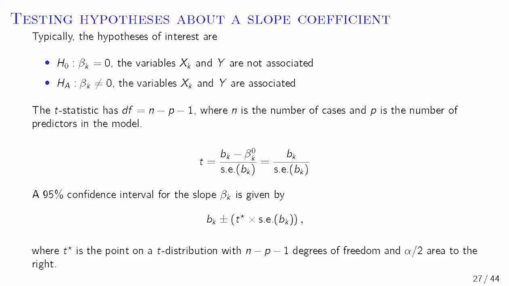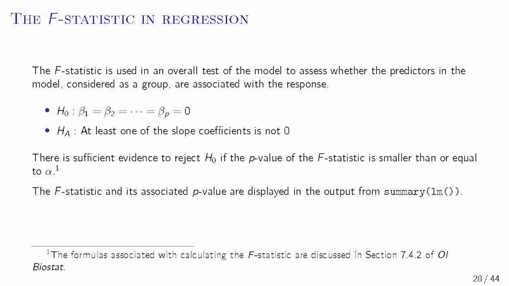The t-test statistic has degrees of freedom equal to n minus p minus 1, where n is the number of cases and p is the number of predictors in the model. And we use a similar t-test to what we've seen before, and we can find a confidence interval in the same way we have before. That's how we would test the